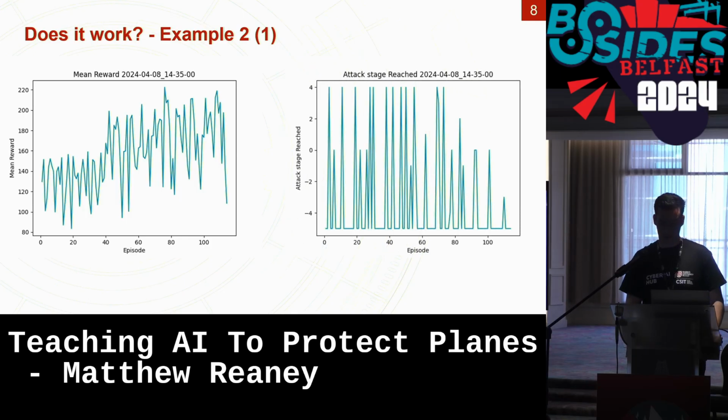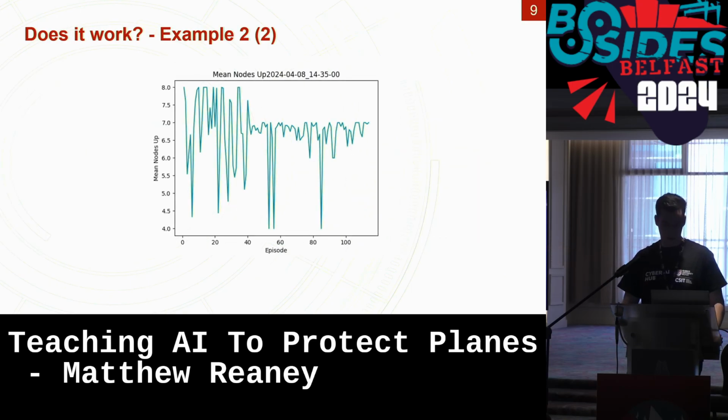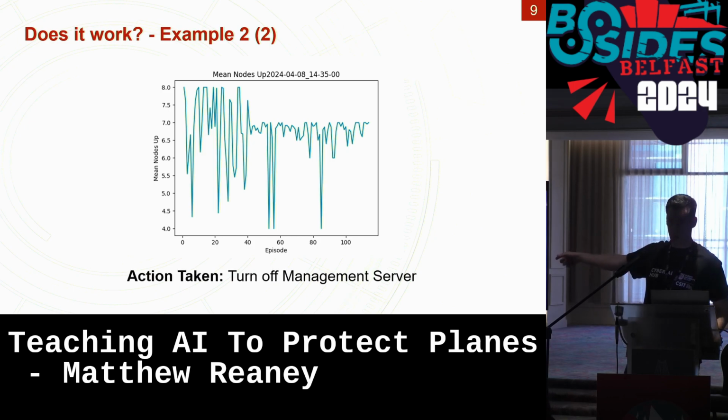Another example here, to go through this quickly, gets a good reward. We go straight to the attack this time. Oh, it's starting to decrease. Maybe it's figured it out. Let's look at the number of computers turned on. That seems to have decreased a little. It's turned off our management. So the system's still working, but it's just turned off the historian. So this is better, but you're still disrupting the normal operation. You're gonna have to go and look to see, well, what was it up to? All the information's not being stored anywhere.